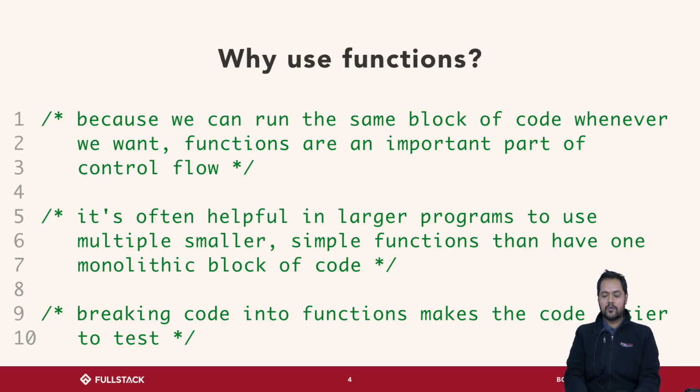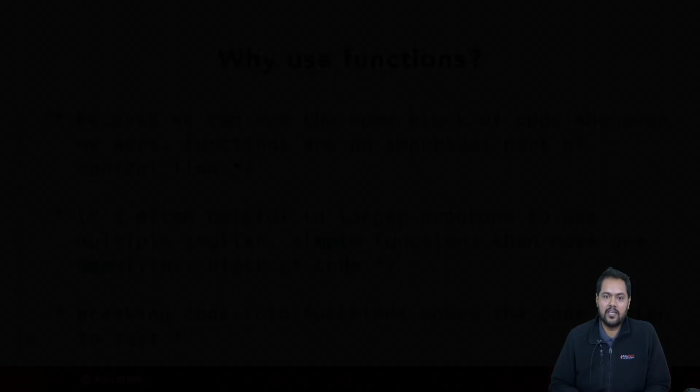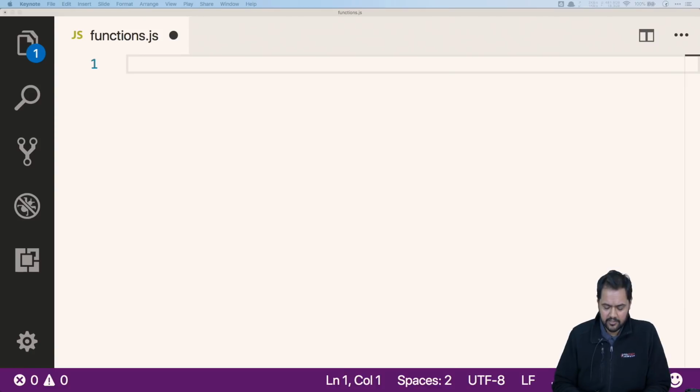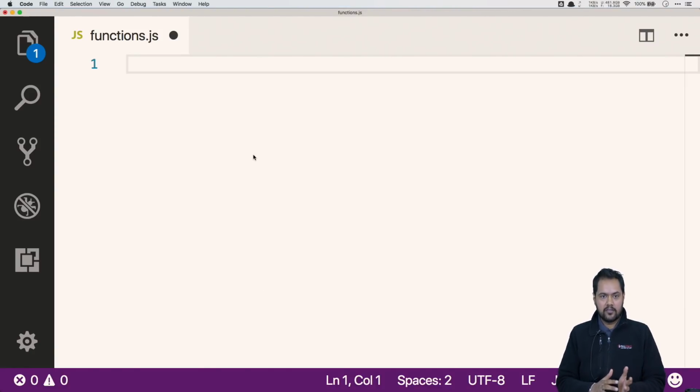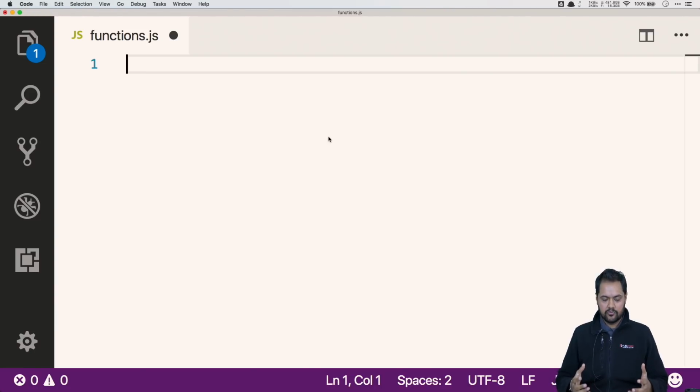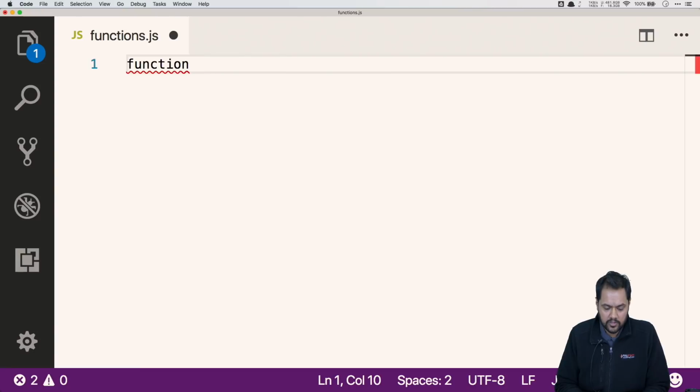And so now I want to get into just seeing what it feels like to make a function, and we're just going to write some code together and run it and see how it works. So let me get right into this coding editor that I have open. I have a file open here already, functions.js, and let's see what it looks like to have a function. So I'm going to make a simple function. We'll call it I'm a function,